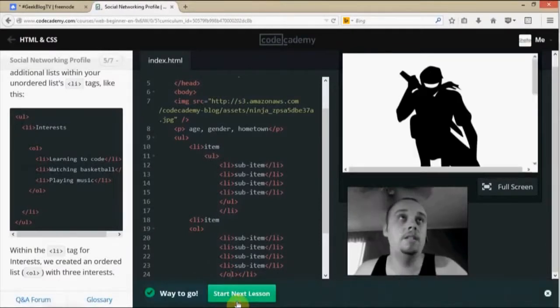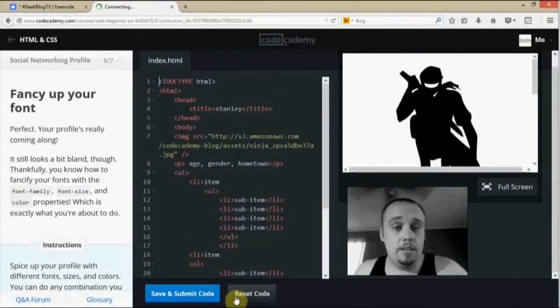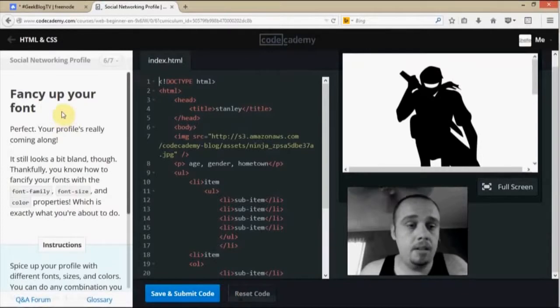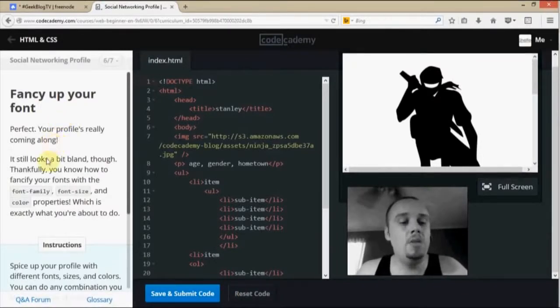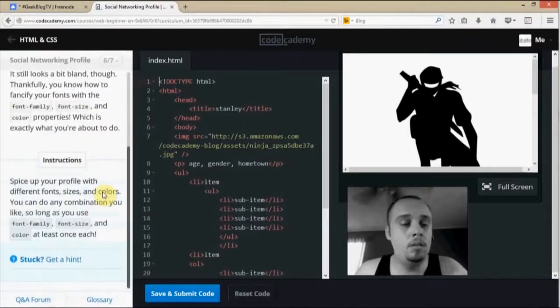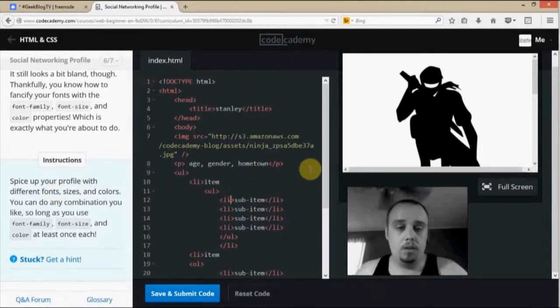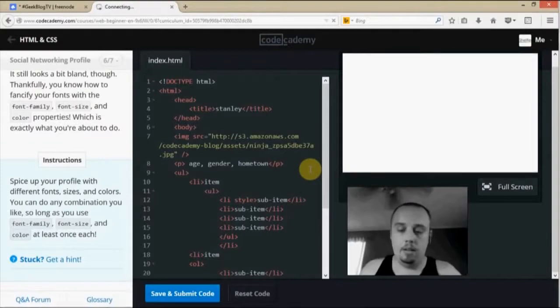Alright, start next lesson. Things are not as easy as they seem. Alright, it still looks a bit bland though. Thankfully you know how to fancify your fonts with the font family, font size, and color properties, which is exactly what you're about to do. Spice up your profile with different font sizes and colors. You can do any combination you like so long as you use font family, font size, and font color at least once. So we're going to do li style equals